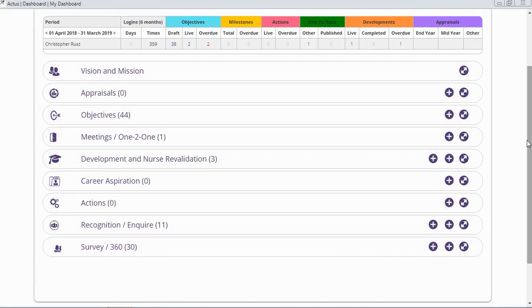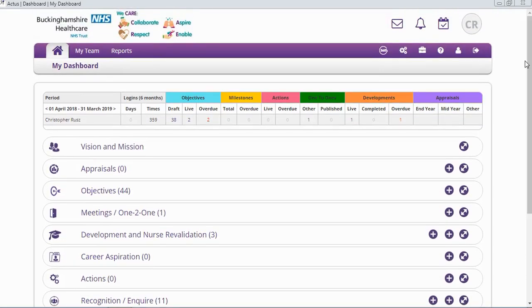The first thing that I would recommend doing if you haven't been on Actus for a while, or it's the first time that you're using Actus, is just to do a bit of a sanity check in terms of who your manager is on the system, so they can be linked into your profile. So if you go up to the little person icon in the top right hand corner here and select this